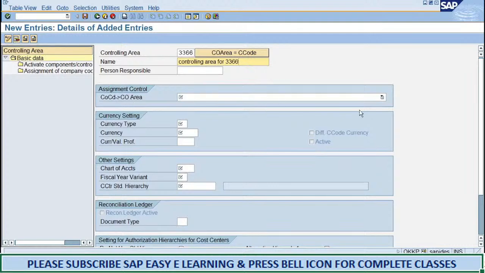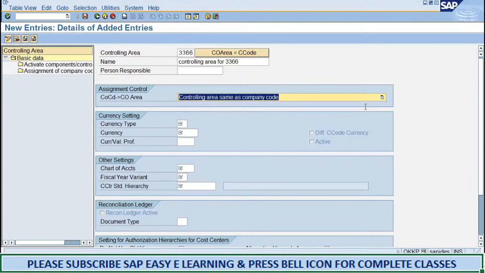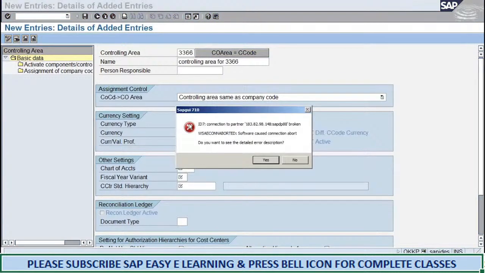I told you two scenarios, no? If you press on the drop down menu, see: controlling area same as company code, cross company code cost accounting. So here we are having only one company code. So I am going to use only controlling area same as company code. Then currency type. So currency type means here from now onwards, when we post the business transactions in FI,